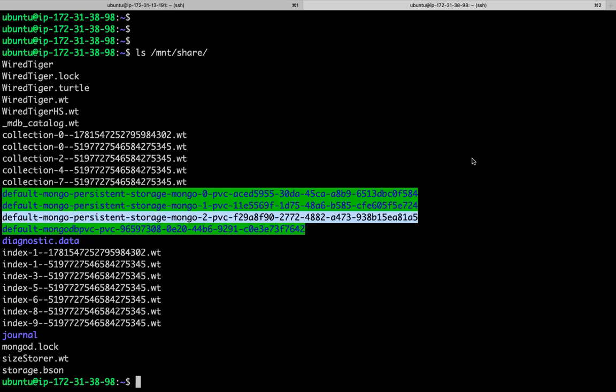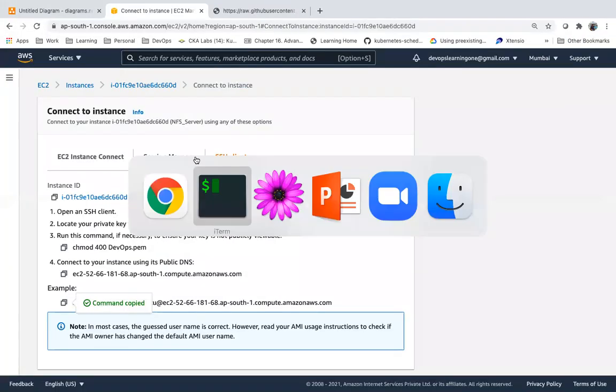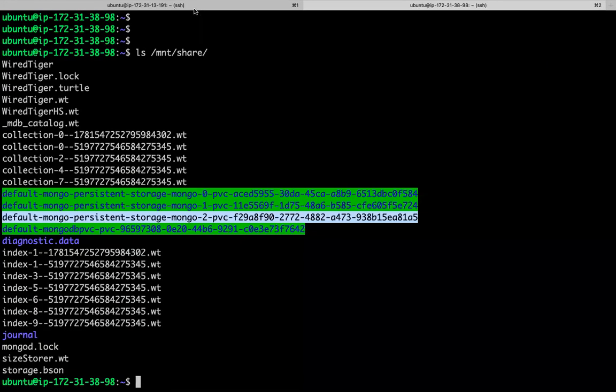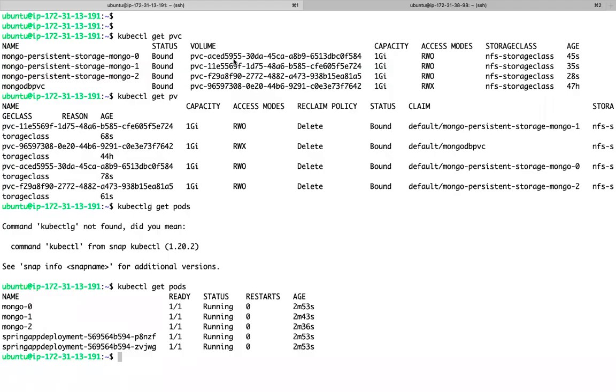Stateful sets are used for maintaining stateful applications. Each pod will have its own storage, its own volume, and you will also get a stable network identifier, something like this. If due to some reason this pod is deleted or crashed, again you will get a pod with the same name.